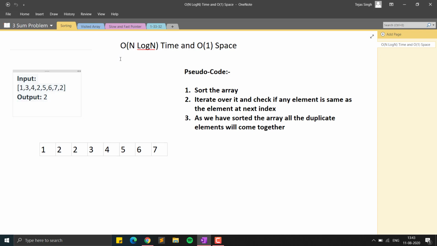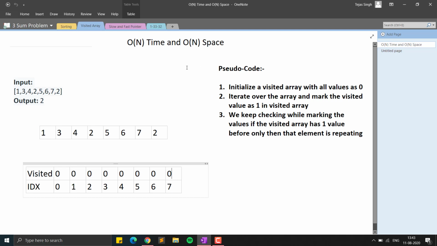The interviewer will tell you to optimize the time complexity. For optimizing the time complexity, we can use a visited array. We initialize a visited array of the same length plus 1, because we are not getting element 0, we are getting elements only from 1 to n. So the 0 index will stay as it is, we won't use this index. We initialize the visited array with all zeros,